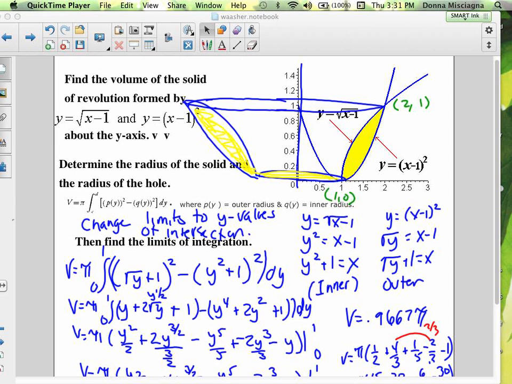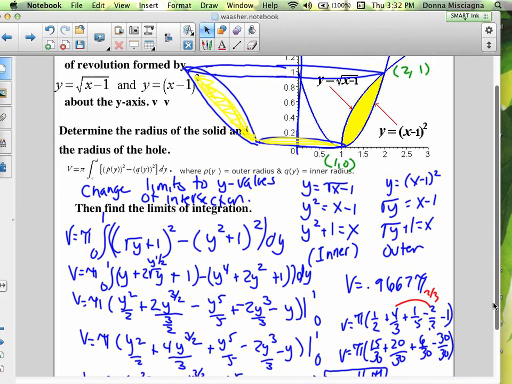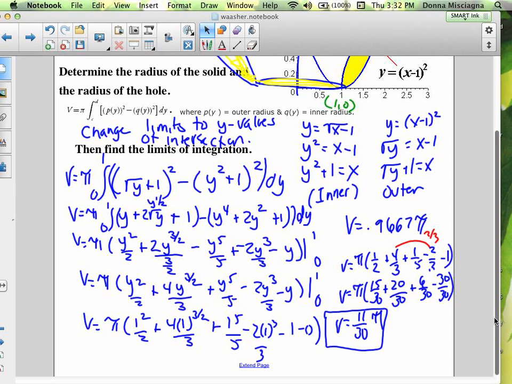I'm going to try and scroll up. Sorry, I can't scroll down and hold on to the microphone at the same time. All right, so